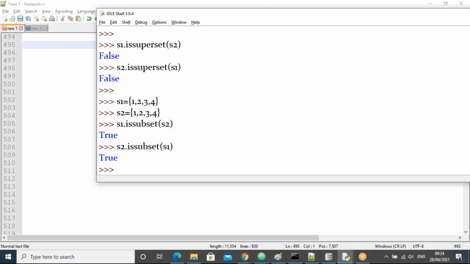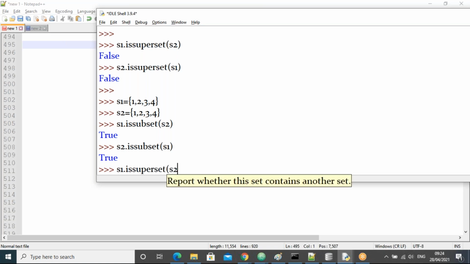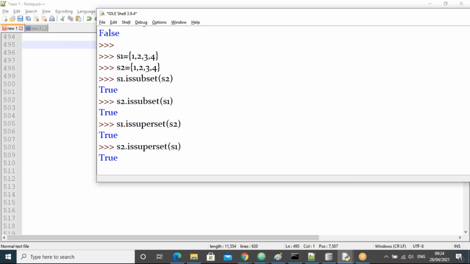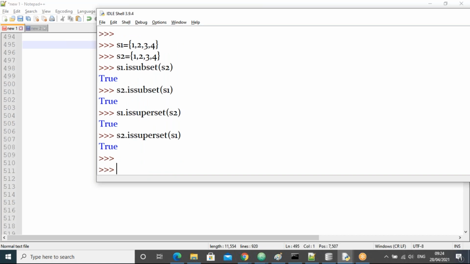Same, right? Because in S2 and S1, the same elements are there. Similarly, S1 is a superset of S2, same. Next one, S2 is a superset of S1, right? All are same like this.